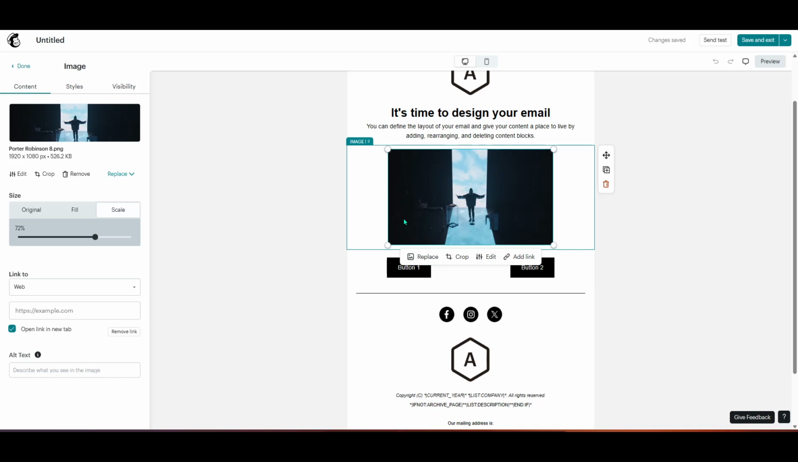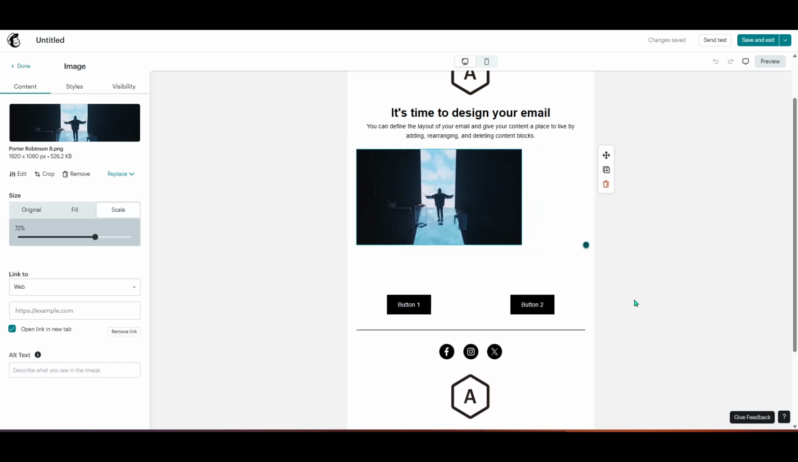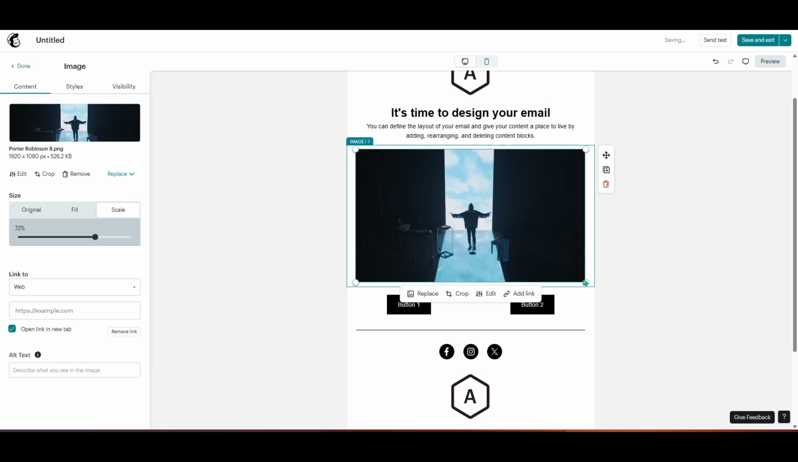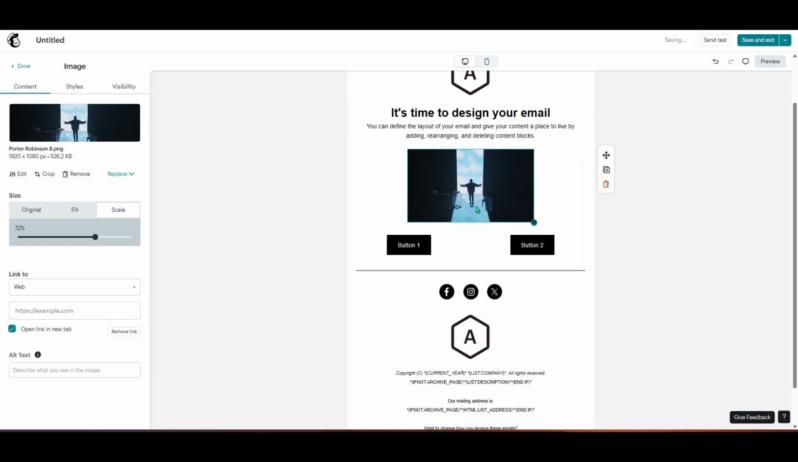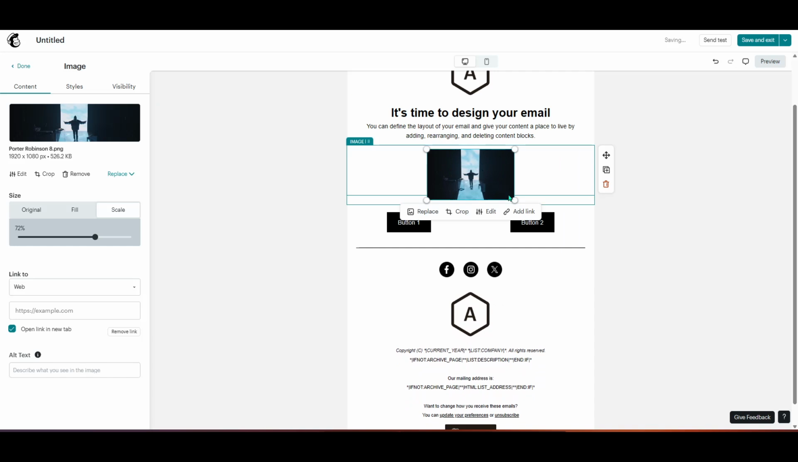Hover your cursor over one of the corner points until the cursor indicates you can drag. Click, hold, and gently drag. Pull inward to make the image smaller, or outward to make it larger. You'll see the image resize in real time, which makes it easy to match the look you want with the